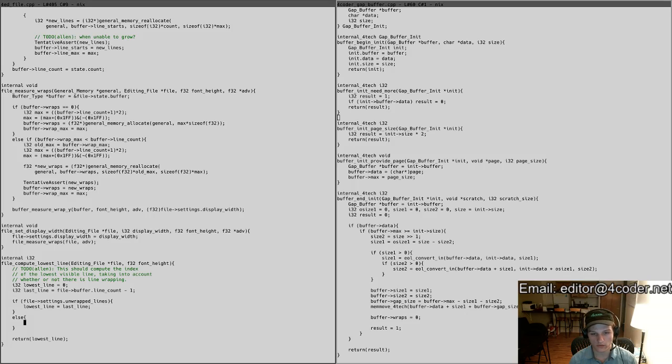So if I'm sitting around here trying to figure out what the lowest line is and I don't have unwrapped lines, then what I do have is wrapped lines. And that means I can look at the wraps. So I can go last line y equals look at the file buffer wraps, last line or whatever, and then take the terminal line y as just that plus 1, right? Because like I said, we're going to store that extra magical plus 1 past the end thing. And then what we're going to do is backpedal and say that that was dumb. Actually, what we want is just lowest line equals the term line y, which makes me wonder, why don't I just